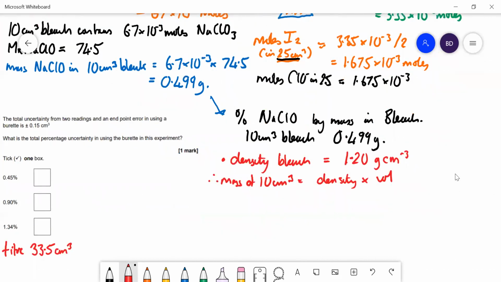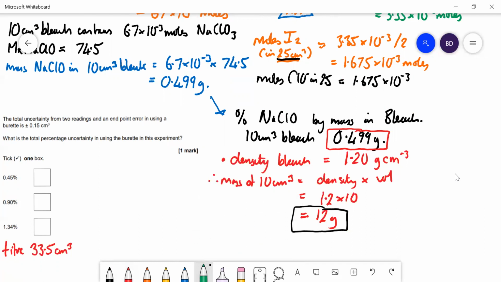That is equal to, density is 1.2 times 10, that's equal to 12 grams. So the total mass of the bleach of 10 centimeters cubed is 12 grams. And we know that 0.499 of that is sodium chlorate. So the percentage sodium chlorate then